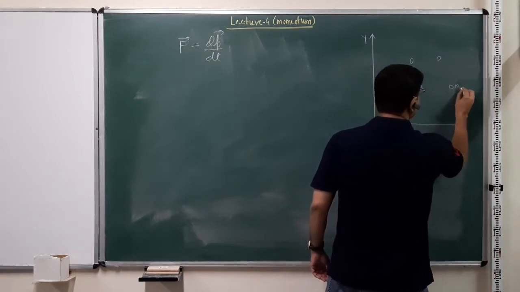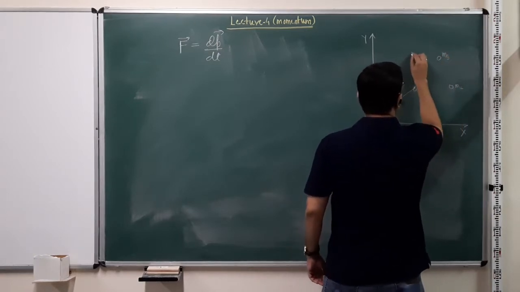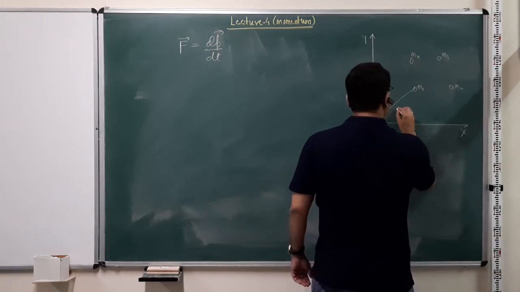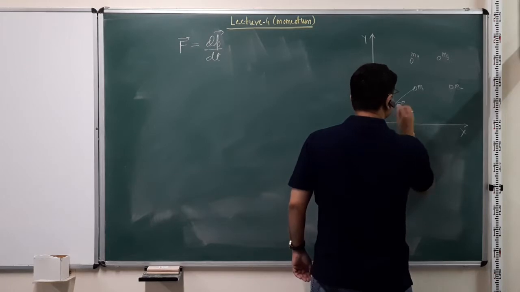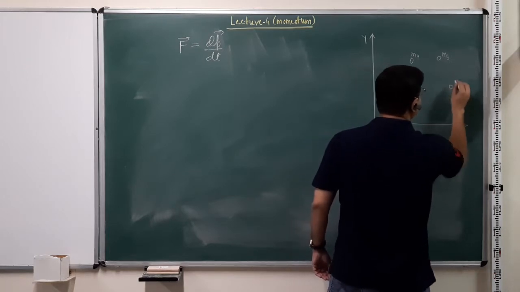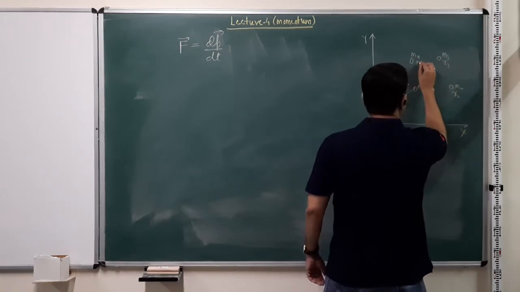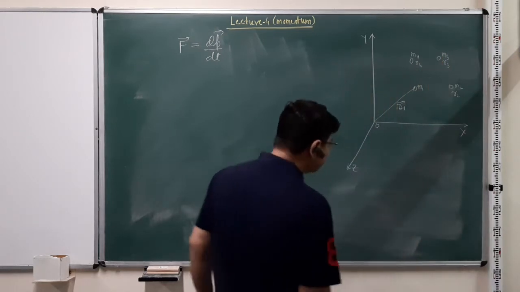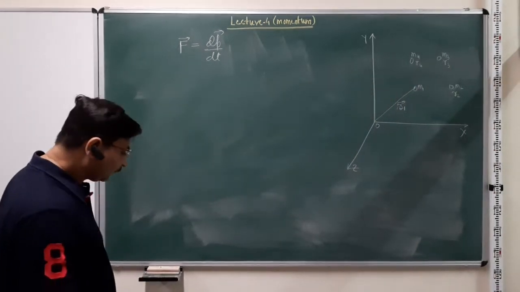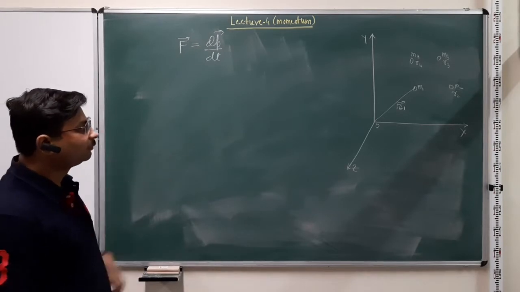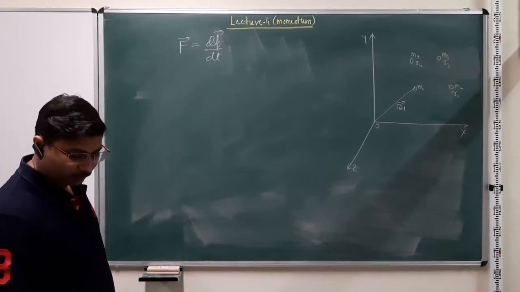So M1, M2, M3, M4, as well as I can assign a position vector, right? So R1, similarly this will have R2, this will have R3, this will have R4, right? So this is my system of particles, and now I need to write down the equation of motion for this